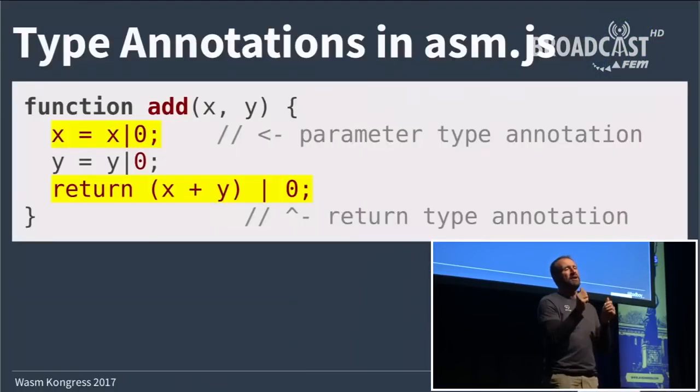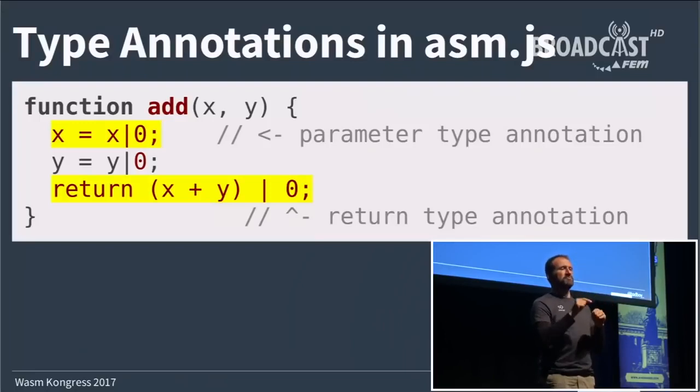There are no types in JavaScript, so we need to have something else to make it like a type. And that is a type annotation. We can binary OR a variable with 0, and we don't change the value at this point. But because a binary OR with 0 only makes sense if you're using integers, the engine also knows that it has to expect an integer. And without changing the value, we can drop down to the efficient code that just adds two